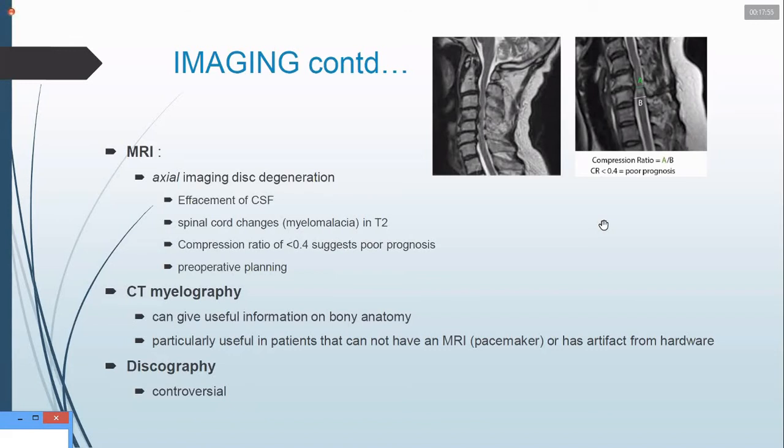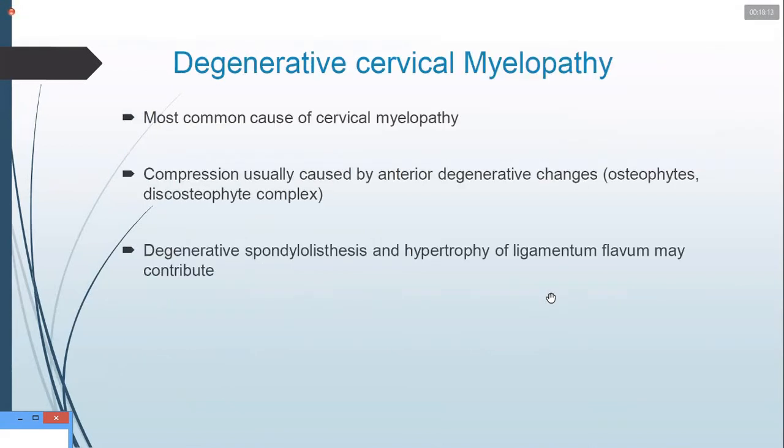I will skip the less important part for you. Okay. The other investigations are CT myelography, which gives information about the bony anatomy, and discography, which is quite controversial and not done these days. So, coming to degenerative cervical myelopathy, it is the most common, and compression is usually by the anterior degenerative